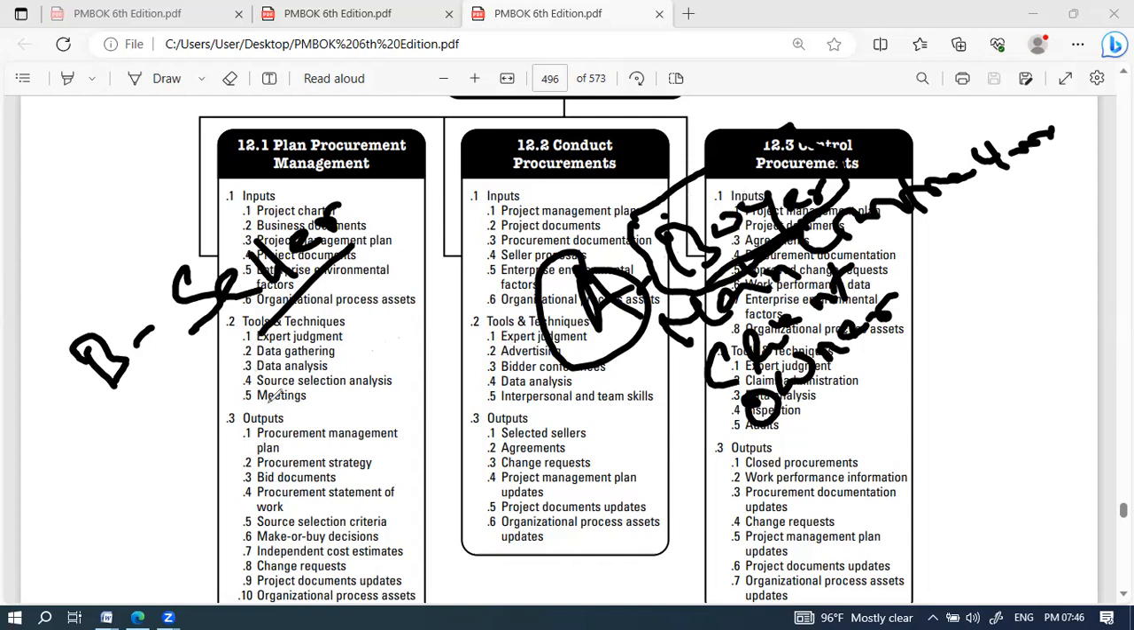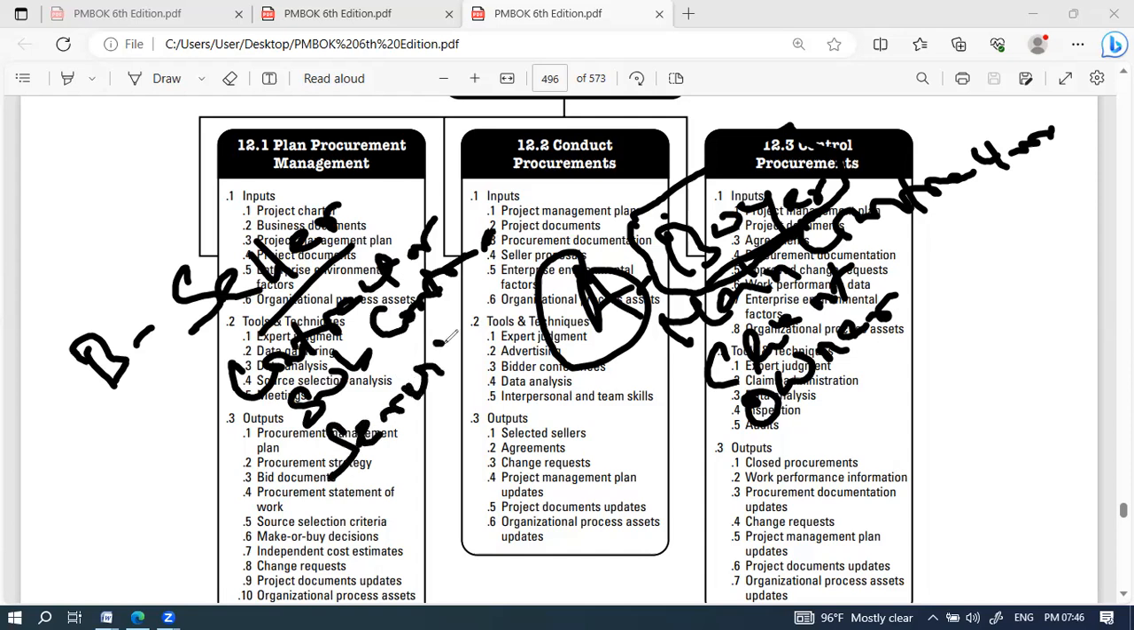So the seller can be called a contractor, or we can call this person a subcontractor. We can call this person a service provider. We can call this particular person a supplier. So you can call him different kinds of names. But according to the project management